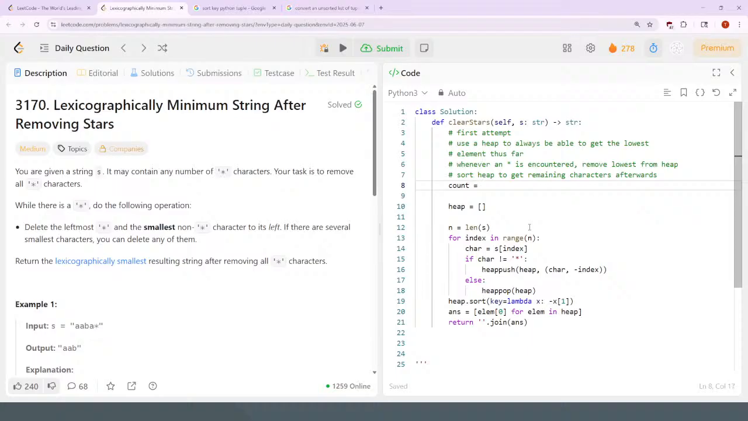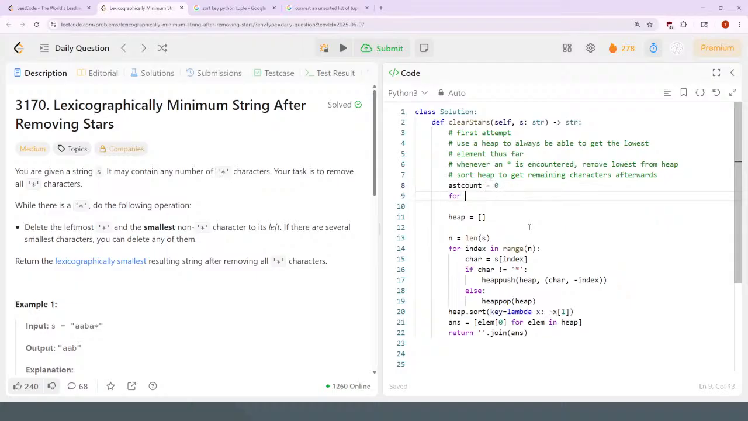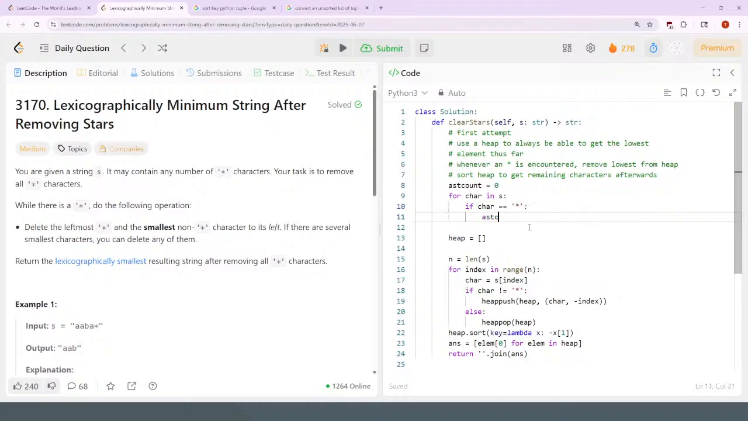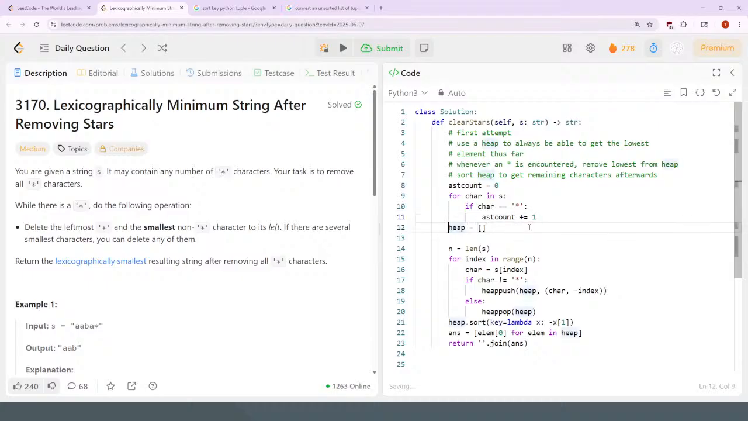Counter for the number of asterisks. So, ast count, for every character in string, if the character is an asterisk, increment the asterisk count. Not confused with some other mispronunciation of that. So if the character is an asterisk,